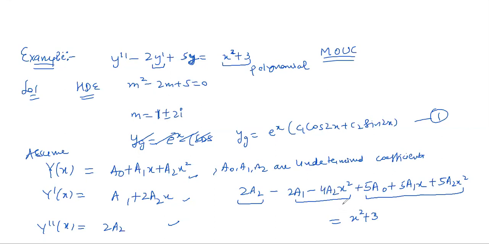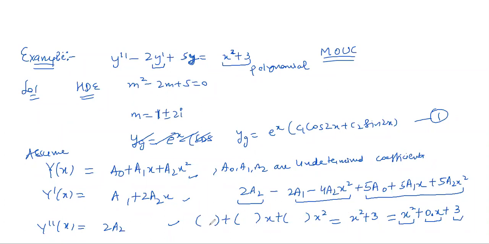After this, what you have to do is to collect the coefficients, because on the right hand side you are going to have basically 3 terms. Actually this is x² + 0 times x + 3. So there is one constant term, one term having the coefficient of x, and one term having the coefficient of x². So on the left hand side also you have to segregate the constant term, the coefficient of x, and the coefficient of x², right? That is why we choose it of the same degree. So you will have an equal number of terms. You'll have 3 undetermined coefficients and 3 equations to solve, and you will get your answer. So that's why it's always the same degree.